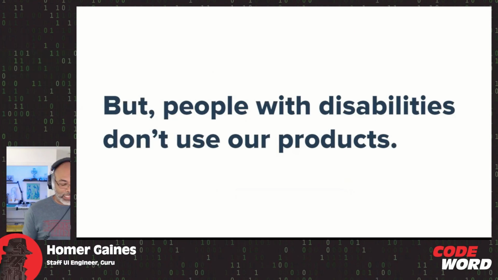So what? I get this question a lot, or this statement: people with disabilities don't use our products. This couldn't be further from the truth. Typically, when you mention someone with a disability, it's the physical aspects that appear in someone's mind. So we may picture someone with mobility disabilities who is using a wheelchair or has a prosthetic limb, or you may see someone who is wearing glasses and has a cane. That person is blind. These are disabilities that you can visually perceive and attribute to that person.